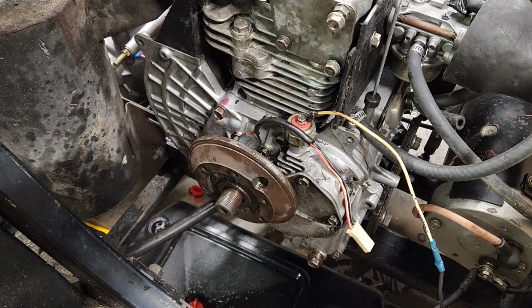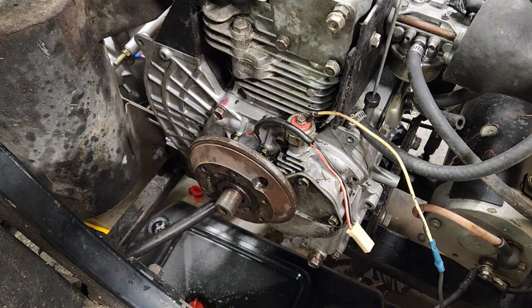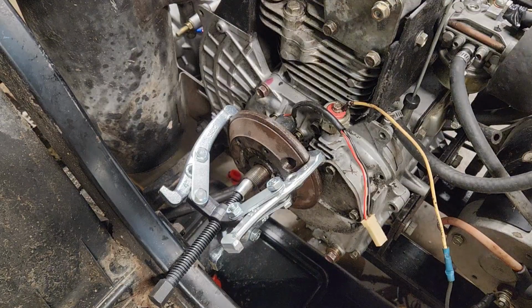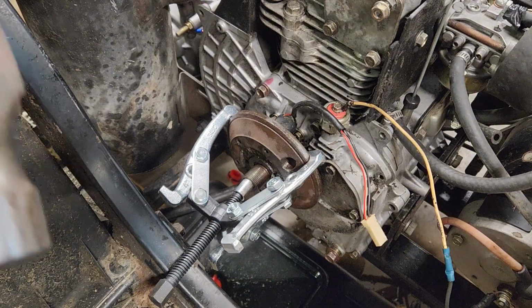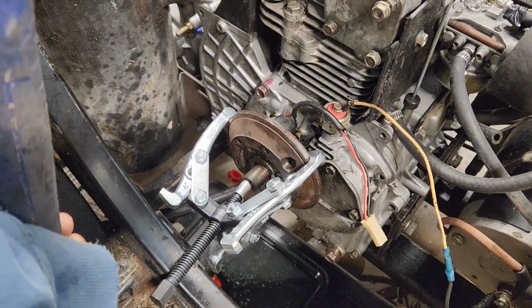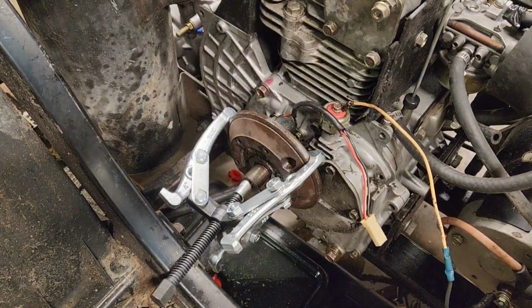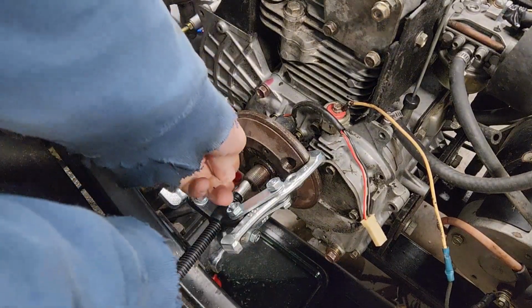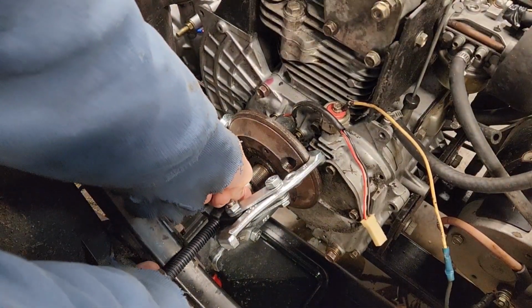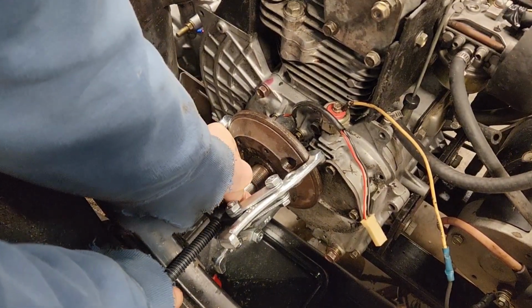Okay, so what I can see is they actually just use a puller on it. And I did see where they just kind of tap it and try to get the vibrations to pop it loose too. Well, let's tighten that up first. This probably would be easier if this was out of the...